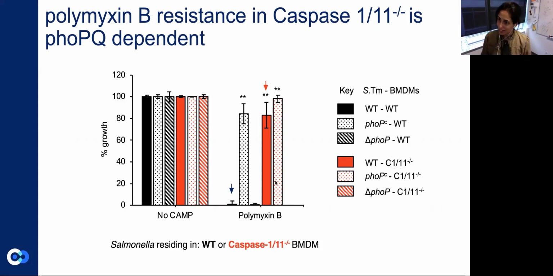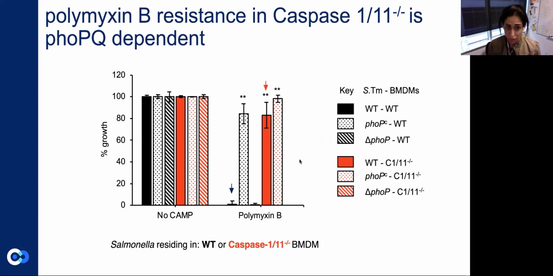But this graph is a little more involved. So let me just take you through this, if you just follow the arrows. And so hopefully what you can appreciate is that compared to the absence of any polymyxin B or antimicrobial peptides, bacteria that are housed in the wild type environment are actually susceptible to polymyxin B. Bacteria that are housed in the 111 knockout environment are resistant.